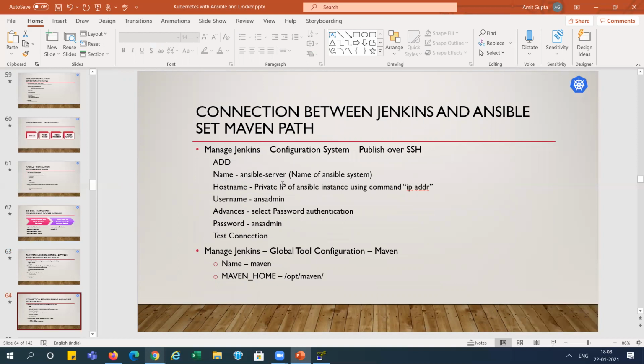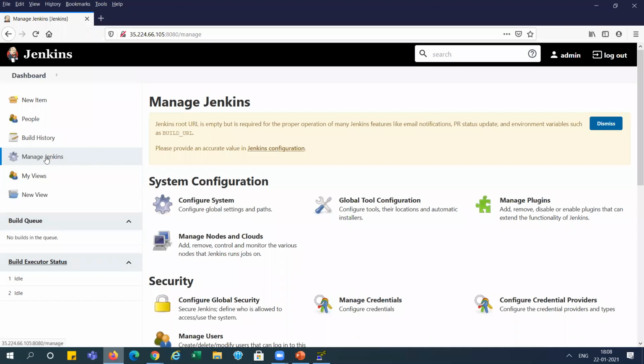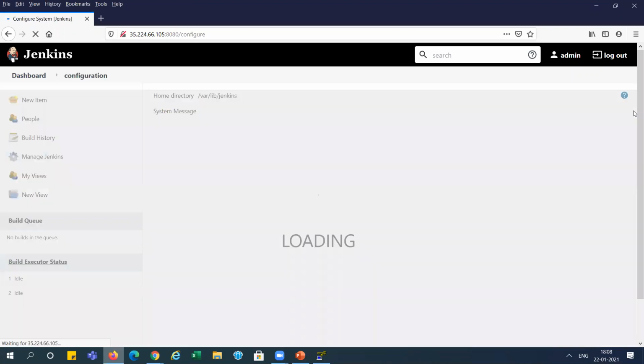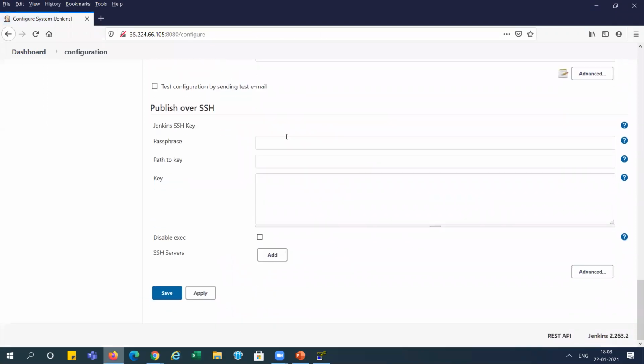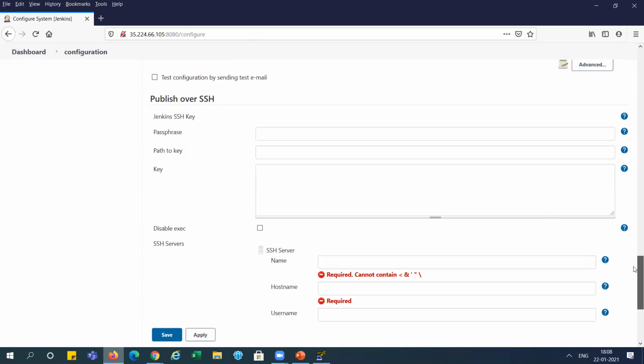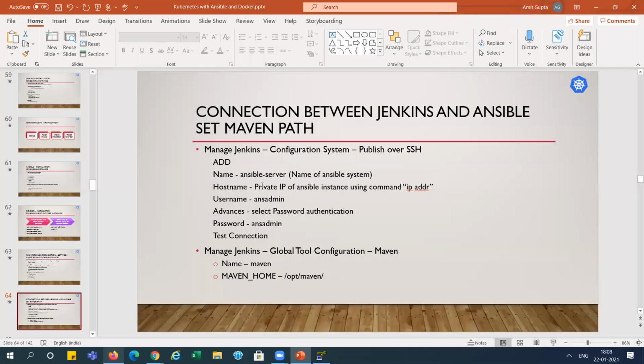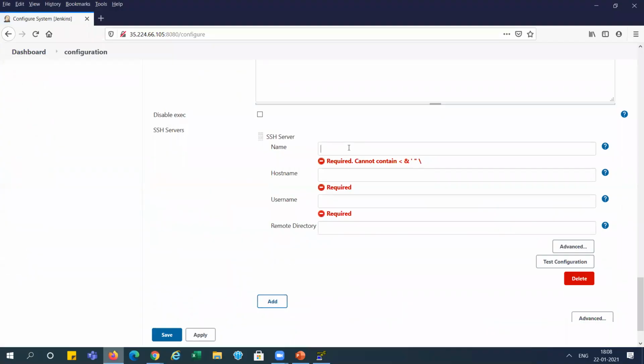So we will go to Manage Jenkins and Configure System. This is our Jenkins, Manage Jenkins, Configure System. Already there. And here you can go to Publish over SSH, create one, add a new one, and we will give the server name, like Ansible server, right?